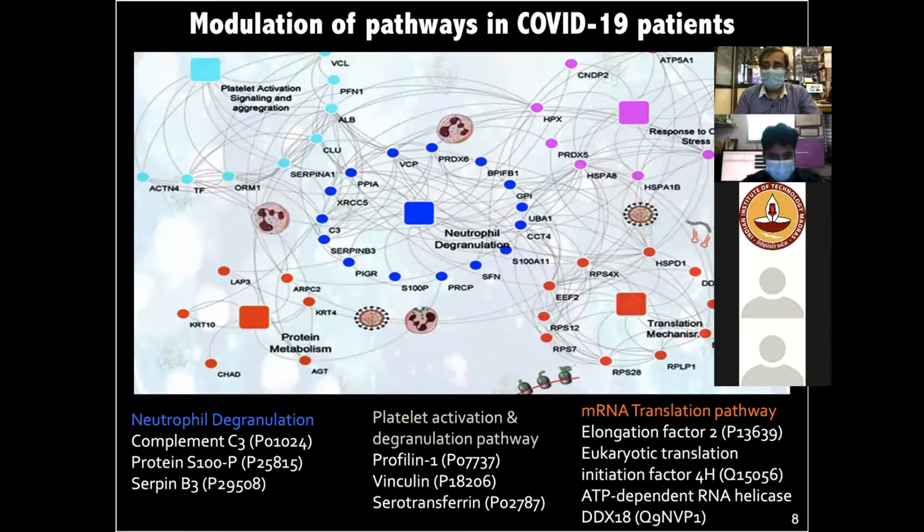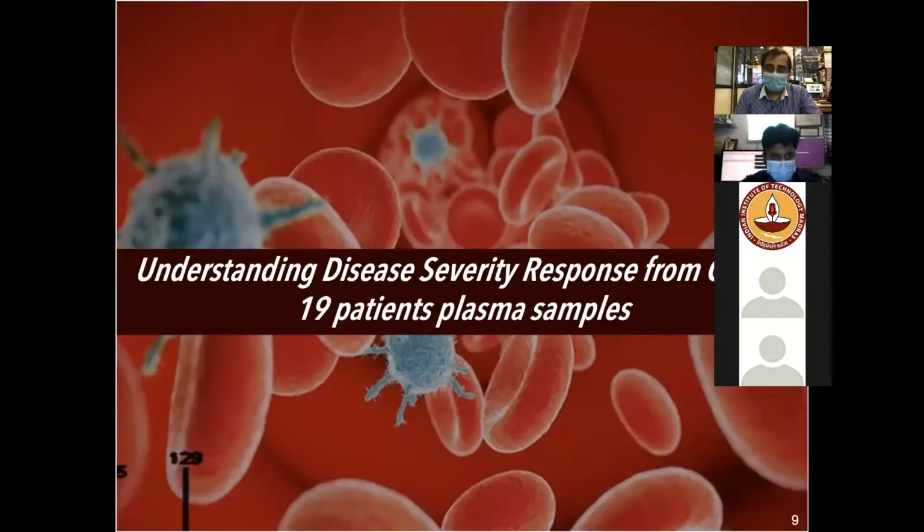Of course, while doing so, in the entire process of proteome analysis you also get an understanding of different pathways which are getting modulated in these patients. So even from the swab sample, we could see neutrophil degranulation, mRNA translation machinery, platelet degranulation, many of these things getting quite perturbed, and most of our proteins are being mapped to these pathways. So these pathways require more attention towards the drug repurposing aspect.